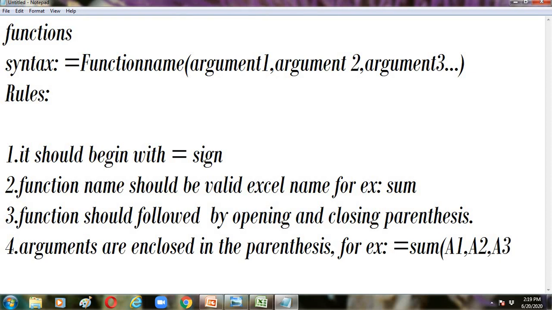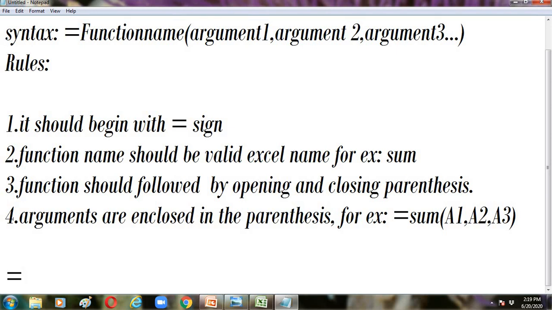Okay, like this also you can mention. Otherwise, you can declare the function like this also. Instead of writing the references or the arguments separated by commas, we can directly define the range. How many cells have we used? A1, A2, A3, continuous cells. Now we can directly declare the range as A1 to A3.